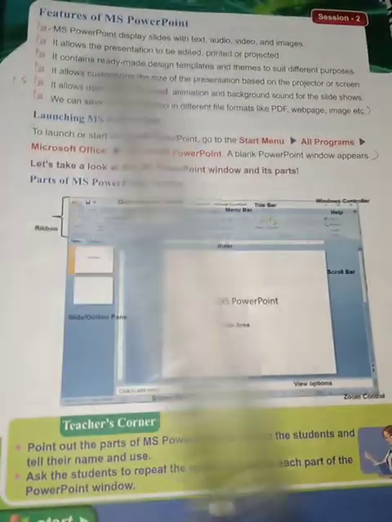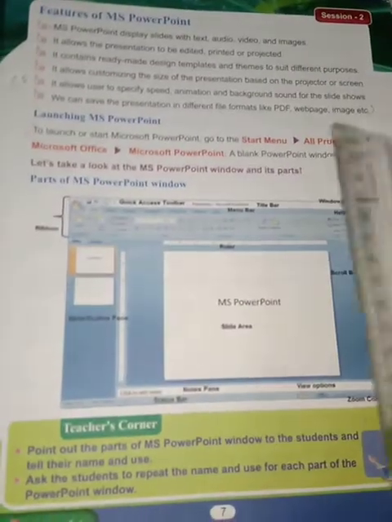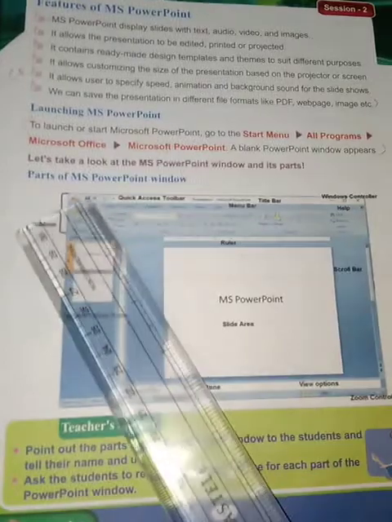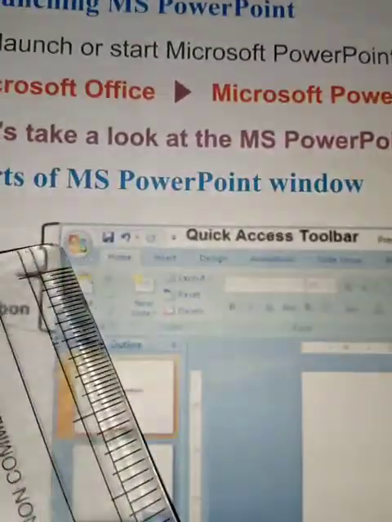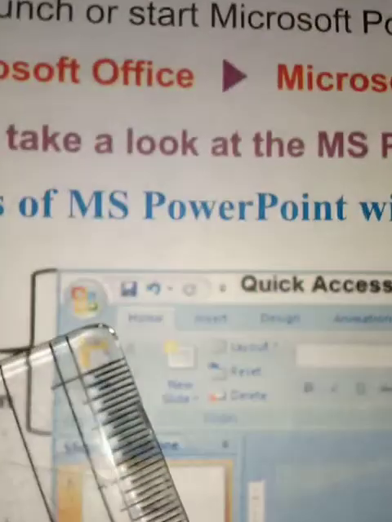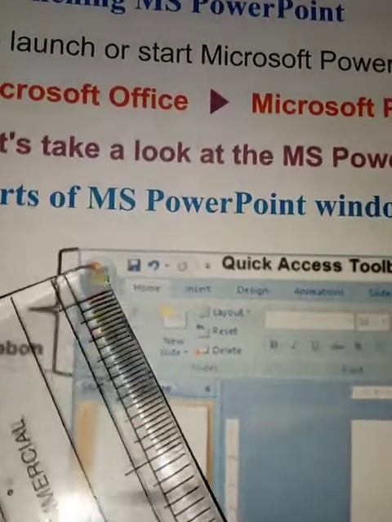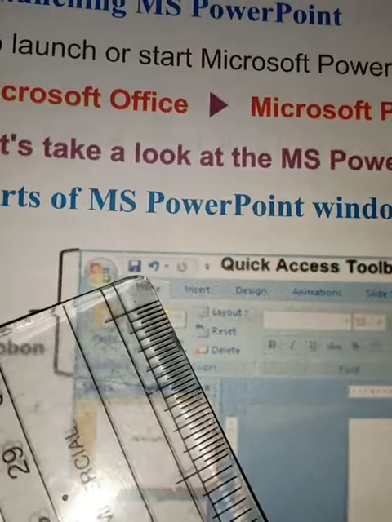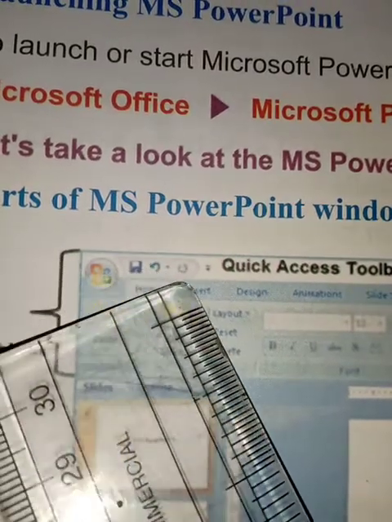Let us take a look at the MS PowerPoint window and its parts. So see, this is a file, this four squares which is there. This is the file, save, undo, redo.